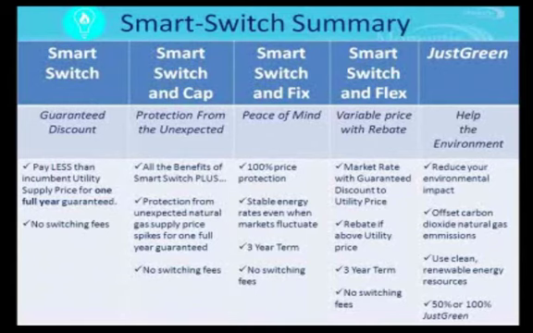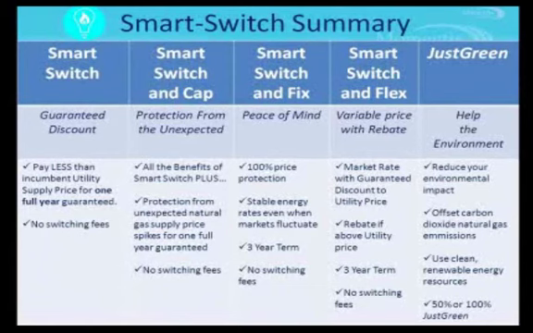It will be soon. We have a Smart Switch and Cap product, which really helps protect your customers from unexpected pricing. And this helps protect from maybe unexpected natural gas or supply spikes for a period of time. Our Smart Switch and Fix product is available in all markets right now. It offers 100% price protection with a 3-year term.